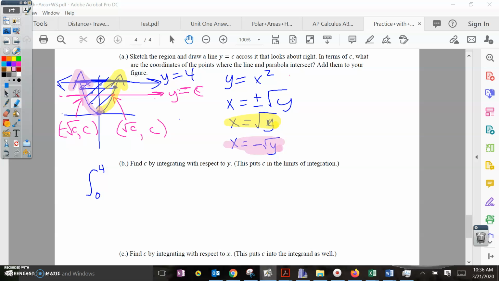And so that's going to be this branch over here. So our integrand is our rectangles are running from square root of y to negative square root of y, which makes the height of those rectangles square root of y minus negative square root of y. And we're integrating all of this with respect to y. That's going to be equal to twice the area of what's underneath the curve. Okay, and what's underneath the curve, again, we're going to start from the bottom end and go up to the top of that region. So that's going to be the integral from 0 to c of the same integrand